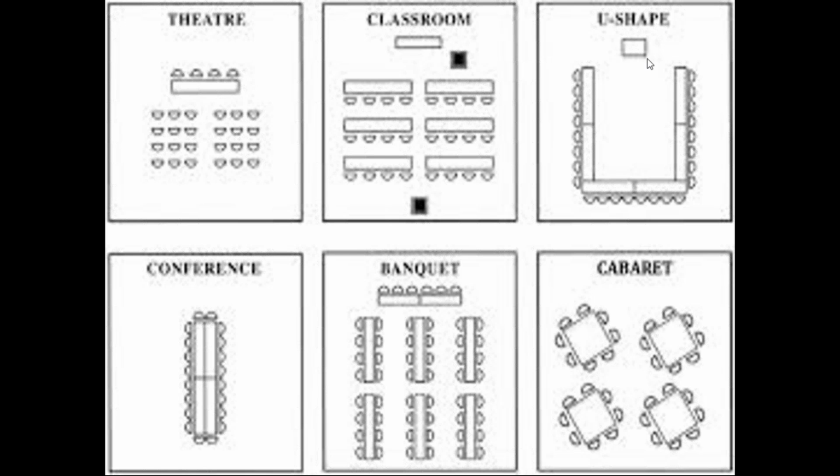So that's the U-shape. Now, the cabaret style, which is down the bottom in the right-hand corner, is one of my favourites, because the cabaret style means that you've got people sitting around in teams, and you can still have a presenter out the front, but the presenter can stop at any particular time and ask each team in their groups to discuss whatever it is that you want them to discuss, so that people can go off and do that. So you could have virtually 4 teams in a room, or you could have cross-functional teams in the room where people are mixed up and working with different people.